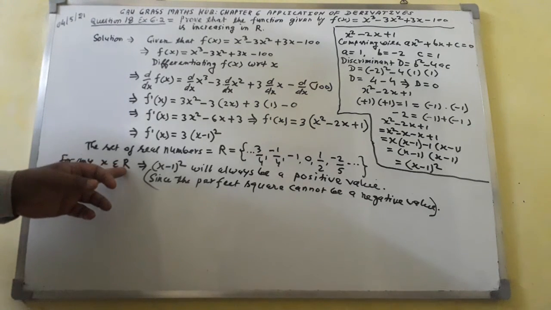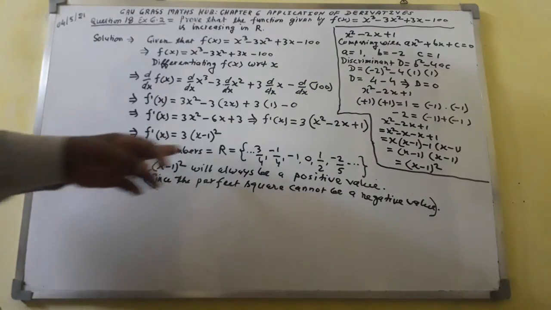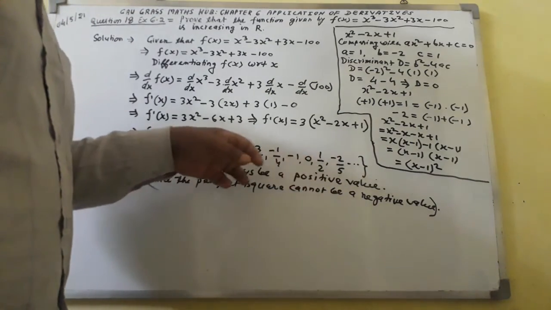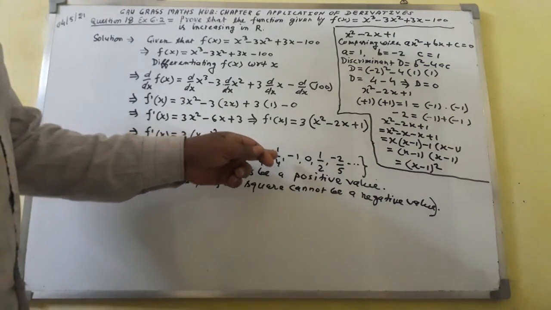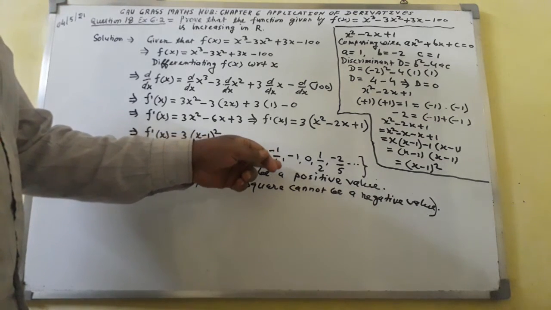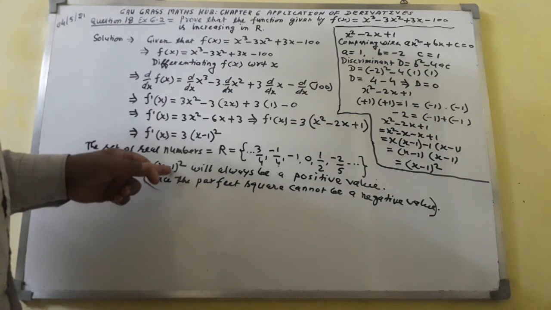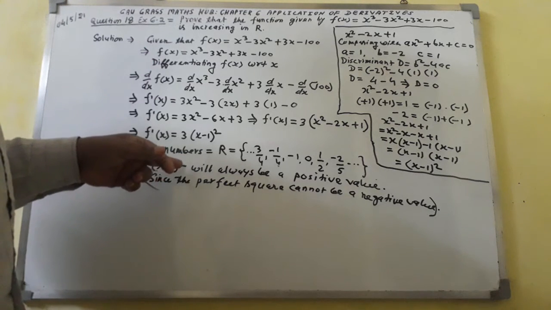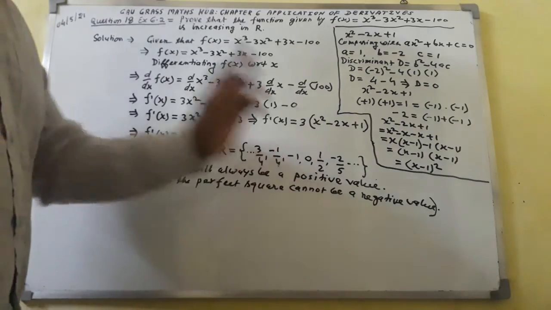X belong to set of real number. The value of x we can take either one element of these elements. So if I take the value of x as minus 1 over 4, so here I shall put here minus 1 over 4 minus 1. If I do the operation here, whole square is available, so here x minus 1 whole square I shall get a positive value.